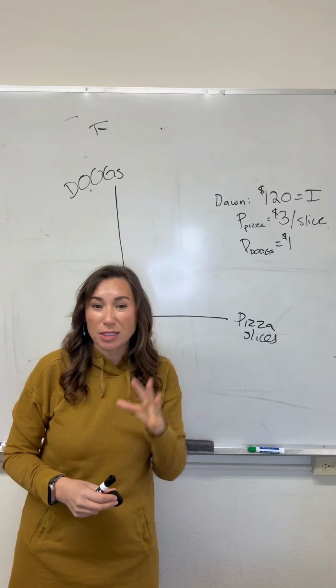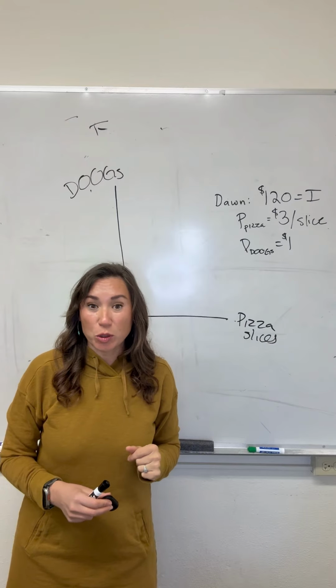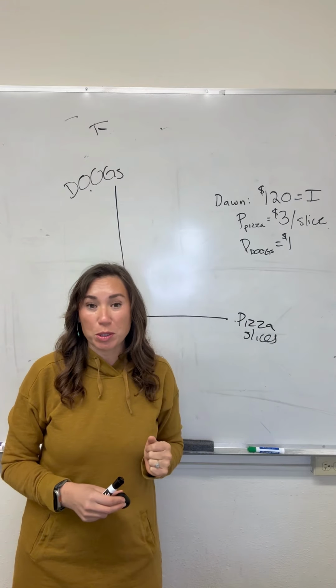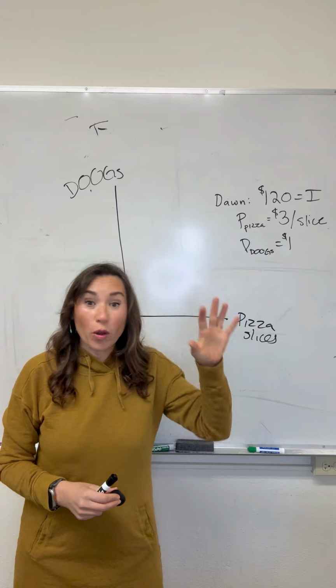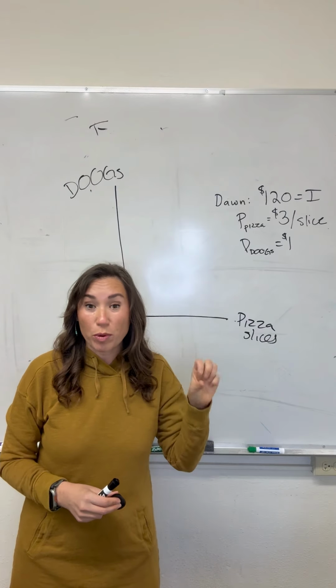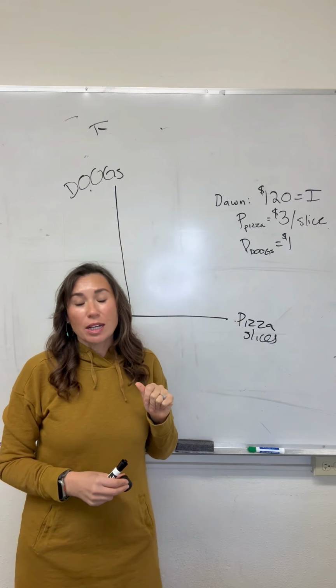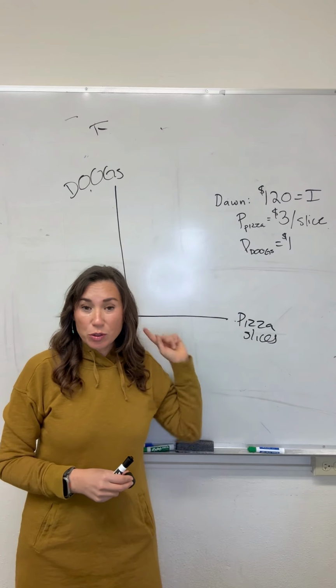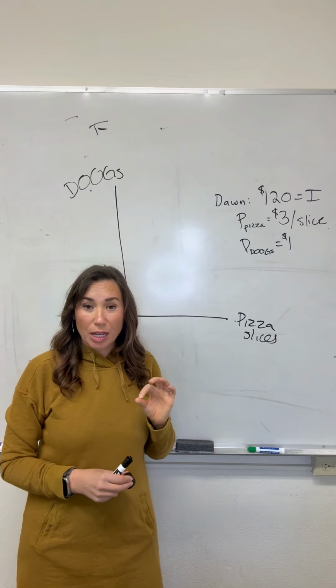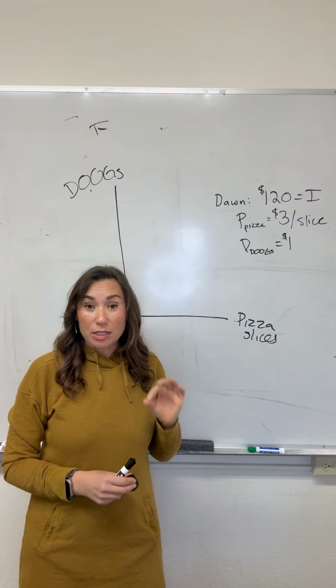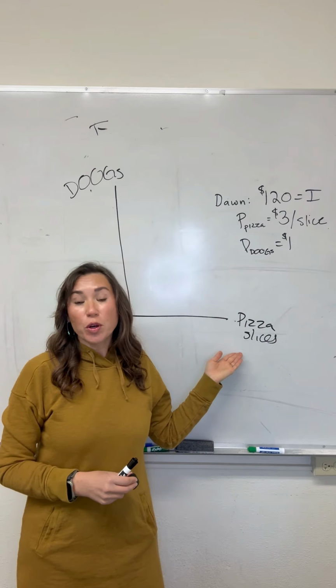It's just a composite good because none of us just have a choice between beer and pizza. We have a choice between beer, pizza, and all the other things like savings, like rent, like car payments, like